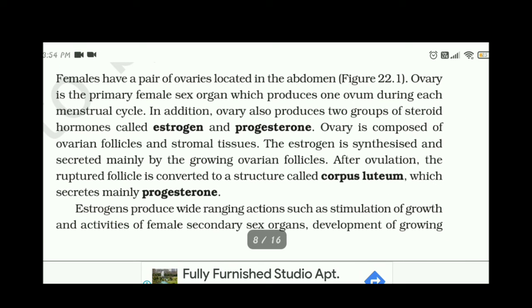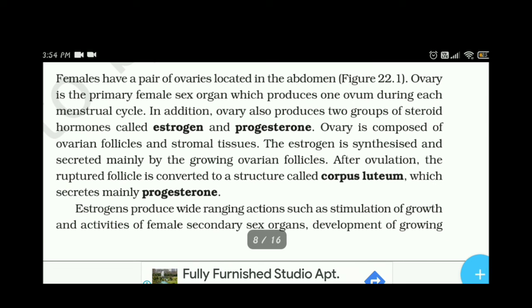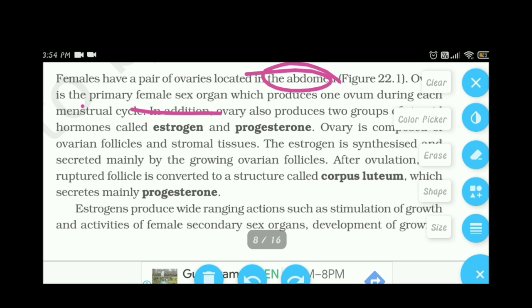Next we have the ovary. We have a pair of ovaries located in the abdomen, and they also act as both the primary female sex organ and an endocrine gland, which produces one ovum each month, and that we call